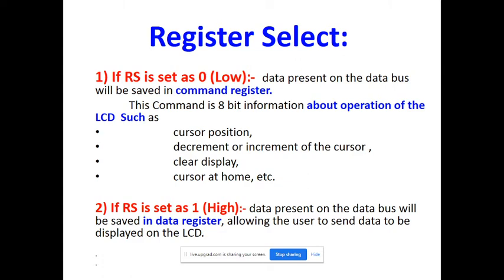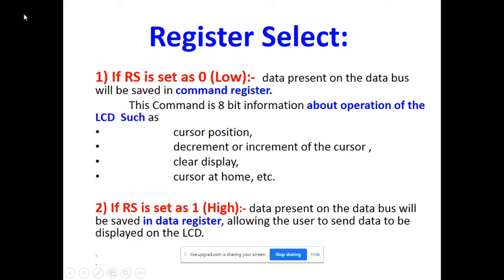Then set the cursor at home. Home means the left corner, the first row, first column position. And cursor position means you can choose any position as per your choice.